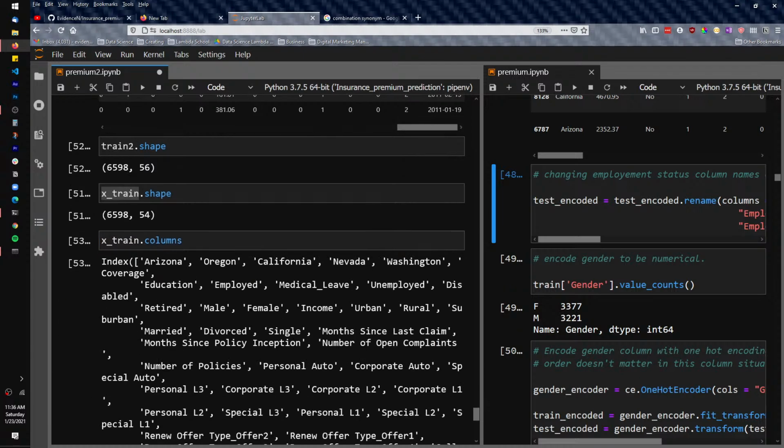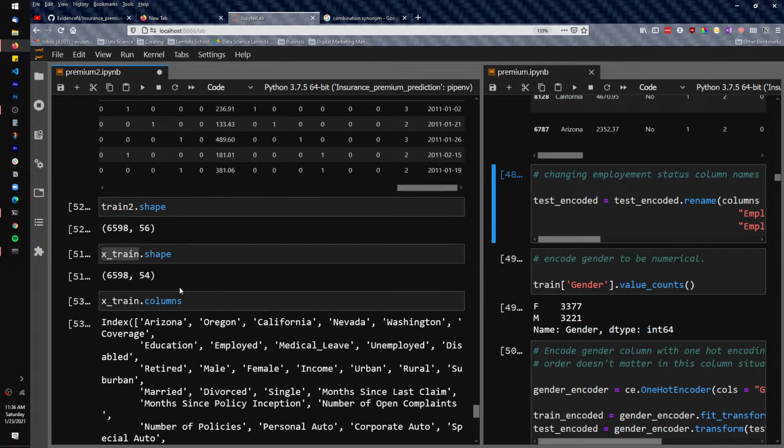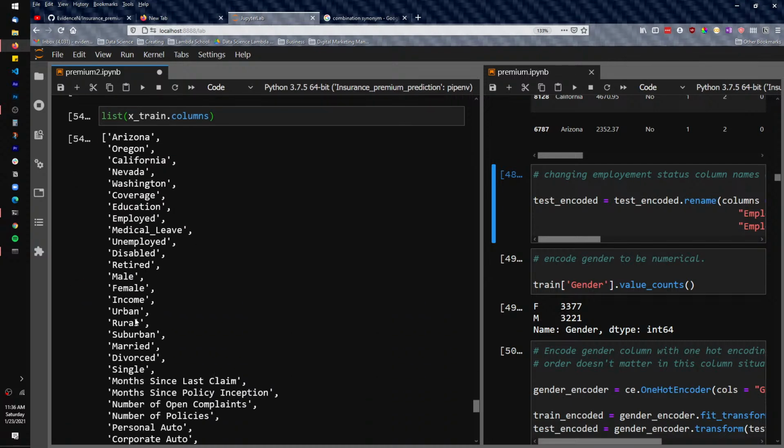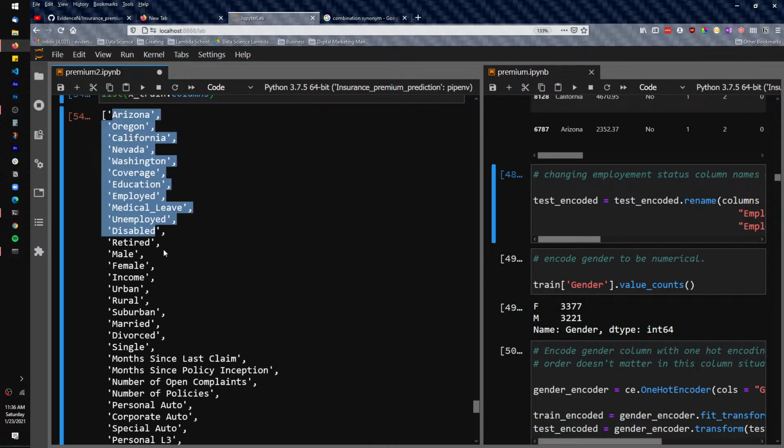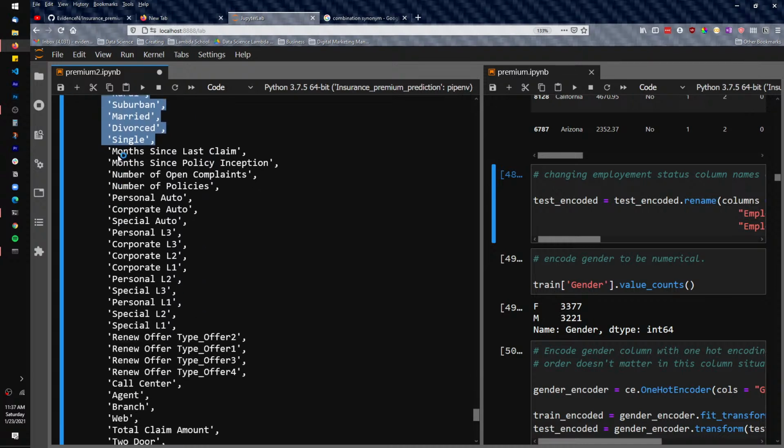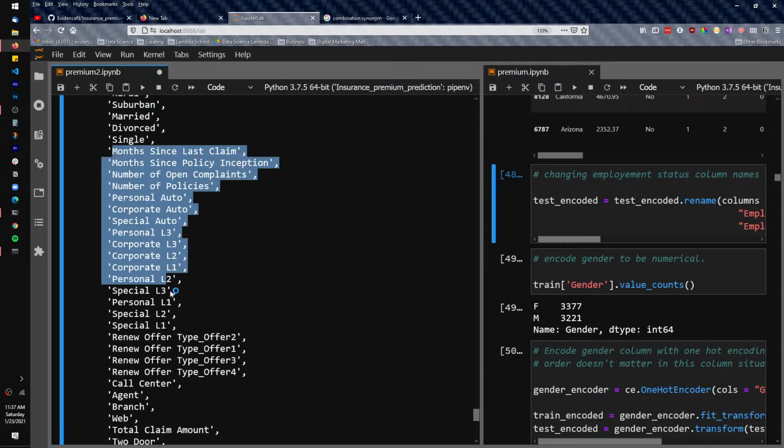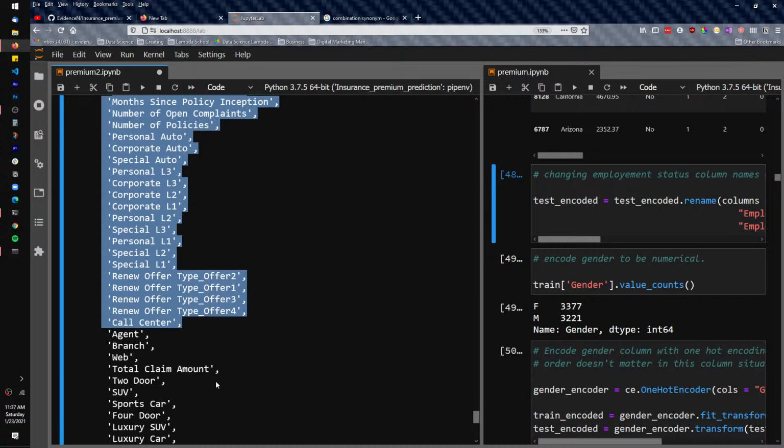All right, and okay, that's too much. Let's see. Yep, I don't see monthly premium auto, and I definitely don't see